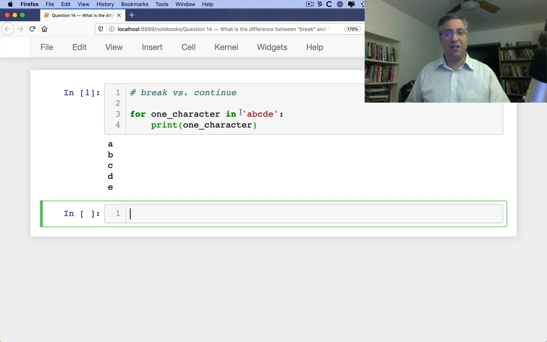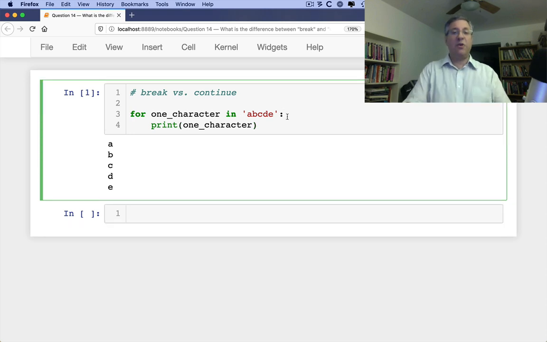So far, so good. So break and continue allow us to stop the normal flow within the loop. Because what normally happens is the entire loop body is going to execute, and then we're going to come back for the next iteration. Give me your next. Loop body, give me your next. Loop body, give me your next. Break allows us to say, wait a second,